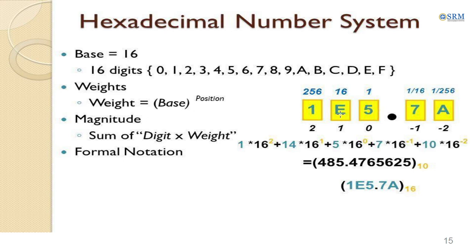Now you have to understand that though it is written E over here, the value of E is 14. Similarly, 5 multiplied by 16 raised to 0 plus 7 multiplied by 16 raised to -1 and 10 multiplied by 16 raised to -2. When we sum up all this, the sum of each digit multiplied by its weight, we will finally find the